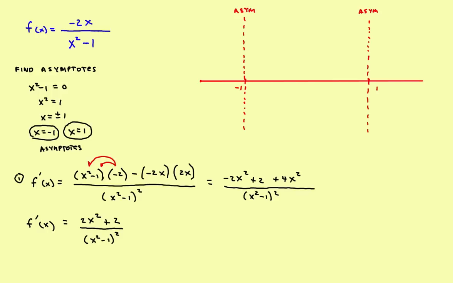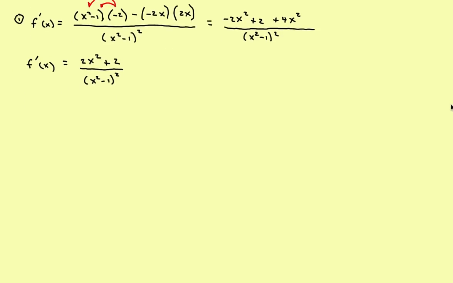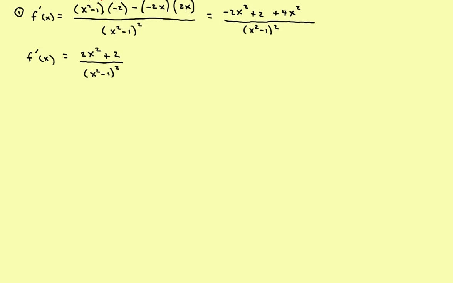So we'll move things up a little bit here. We'll go ahead and scoot the whole graph down. And we'll start with the second derivative right here. So I've got the first derivative there. And this will be step number 2. So step number 2, you want to find now the second derivative, and you have to use the quotient rule again. So to find the second derivative, it's going to be the denominator, which is x squared minus 1 squared, times the derivative of the numerator, and the derivative of the numerator would be 4x,